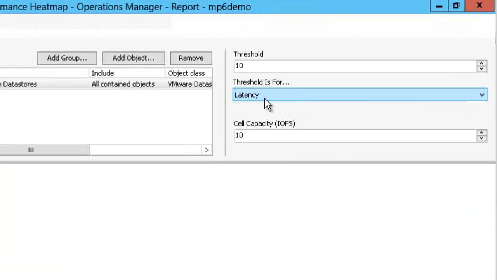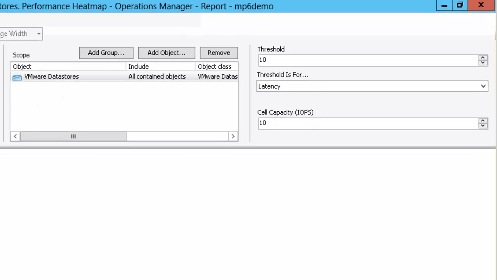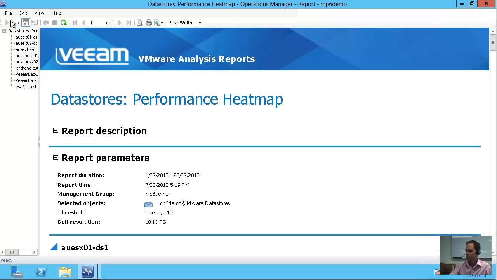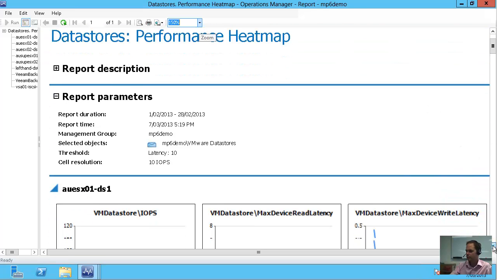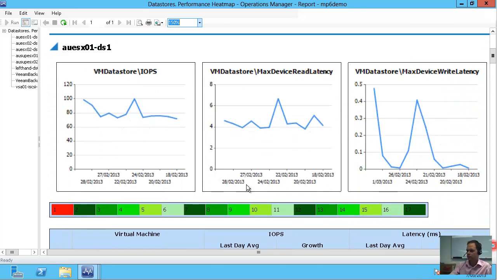You can see that I have the threshold set for latency over the same reporting interval. I'm going to look at all my data stores here, so it's going to take a moment longer to run. Okay, and here are the results. If I just zoom that out just a wee bit, so I can look at each data store. You can see they're all listed down the left hand side, and then I can look at the results for